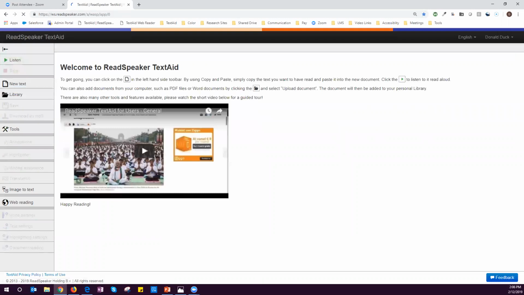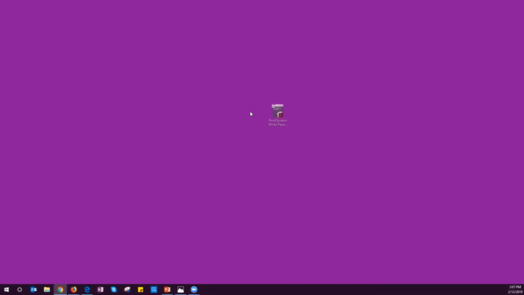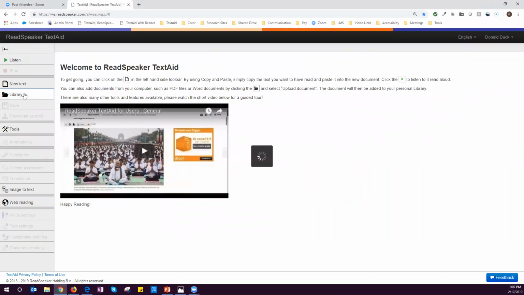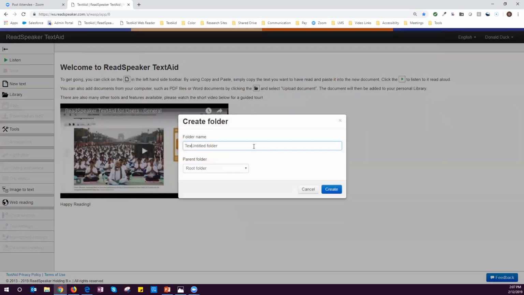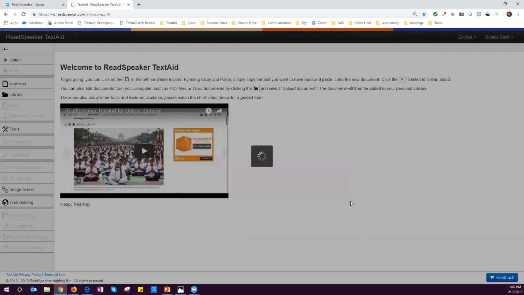So Donald says, okay, I have this textbook called Boost Corporate Learning Success with Text to Speech. Okay, that's our textbook that we've downloaded. So the next thing I'm going to do is go into my library, and I'm going to create a folder and call it Textbooks. That way I'll know whatever I put in this folder is textbooks, so I can keep it separate from other information. So I'll click in the folder,